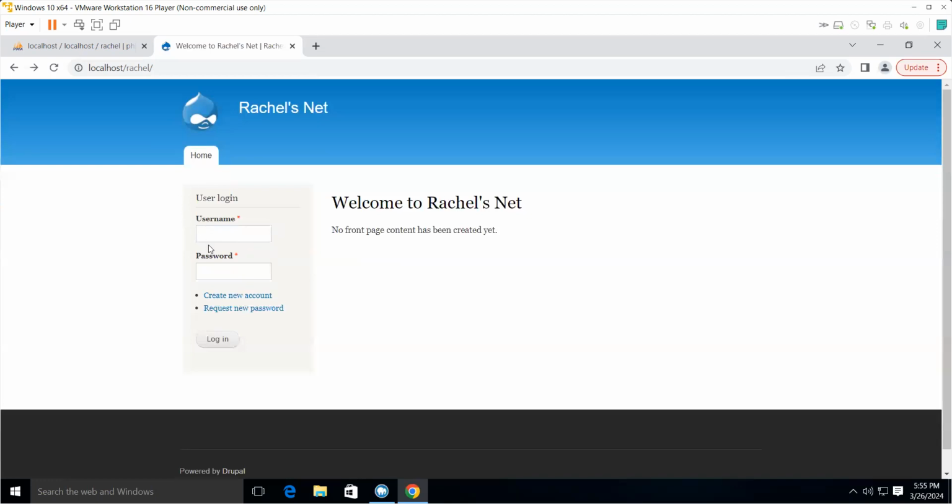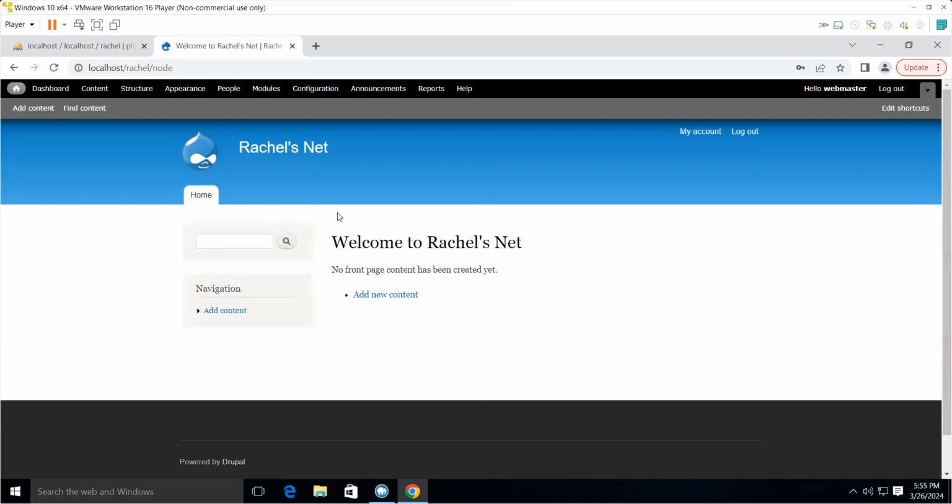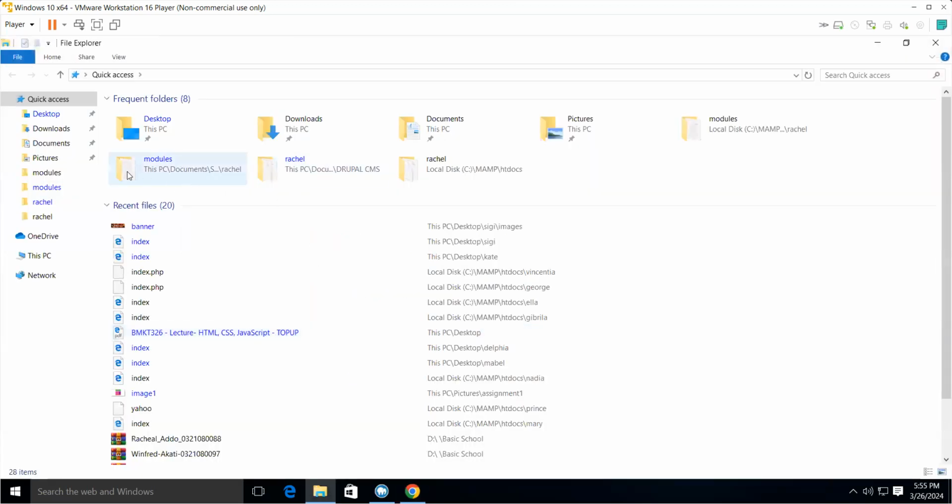You wouldn't have been able to achieve this if you were going the static way, okay? So that is how relevant the CMS is. But we would like to change certain things about this, okay? So first off, we would like to make sure we point this page to an index page, all right? Or to make it more readable, to make it beautiful, okay? So what do we do? We would now add,